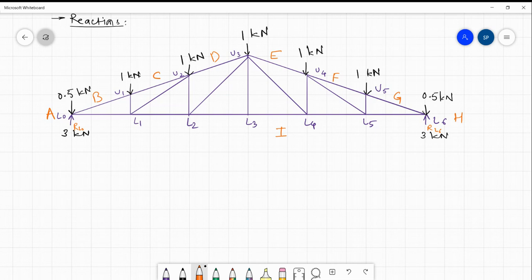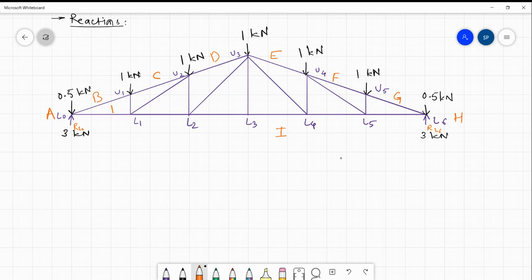Now to represent these forces graphically, you will have to again introduce Bow's notations for these forces. So let us use numbers as Bow's notation for these members. For L0U1, already B is there, and the second Bow's notation for L0U1 will be 1. For L0L1 member force, one is the first Bow's notation, second is I. Now for all these members L1L2, L2L3, L3L4, L4L5 and L5L6, this I is the common Bow's notation.